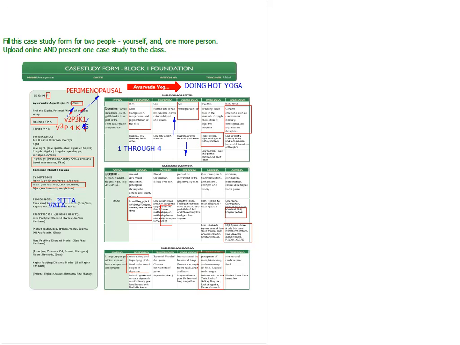So please do this for yourself and do it for one more person. Or you can do it for 2 other persons and you can upload it online. Next class, next 2 classes, 24th is your last class. You're going to present this case study in front of all of us. So please have your headset ready. And you can present this case study. So you can actually upload your case study or email it to us, no problem, you can do that. And then you will present this case study in front of the entire class.